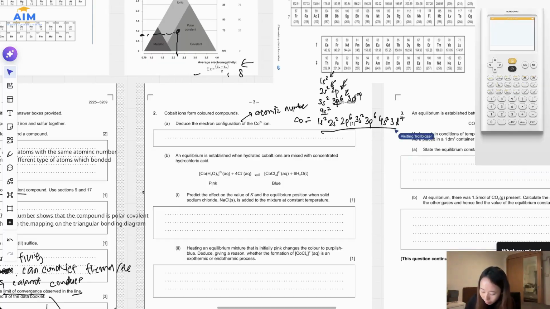But because the question is asking for 2+, you need to remove 2 electrons. Although you fill it in like this, the ones you remove are always the outer electrons, which are the 4s2. The outer electron is in the 4th layer, which is the 4s2. So although you fill 4s first, then 3d, when you take electrons out, always take them from the largest shell. The Co2+ electron configuration